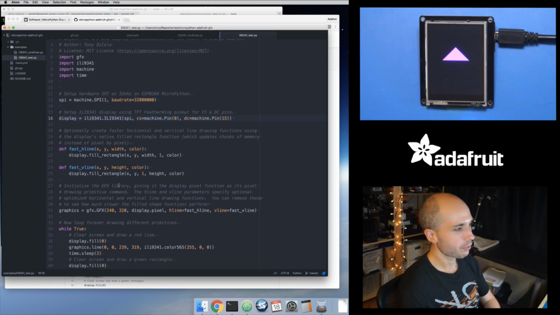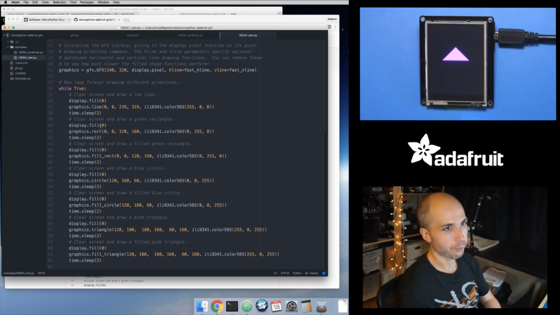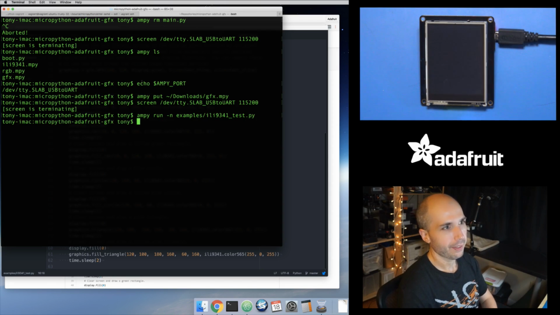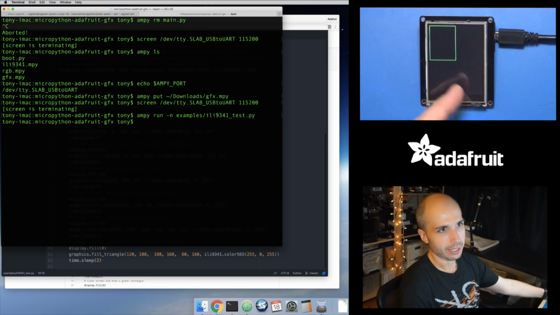But this example just goes through and shows off drawing each of these shapes. So I'm actually going to run it, and I'll use the ampy run command. Let's go examples, ILI9341, test.py, and you'll see it's actually going through and it runs. It'll draw a line, wait 2 seconds, it draws the rectangle, a filled rectangle, waits a few seconds,